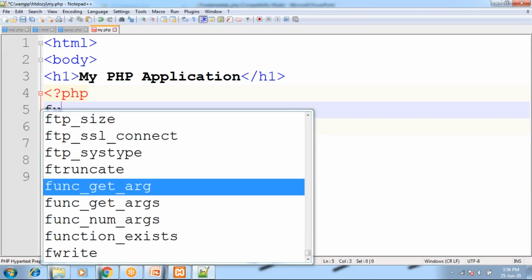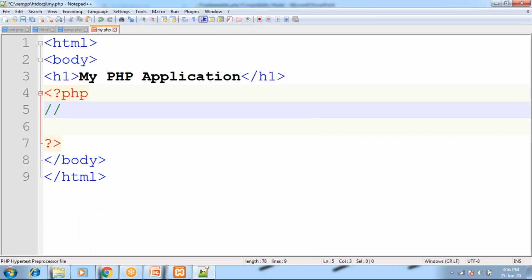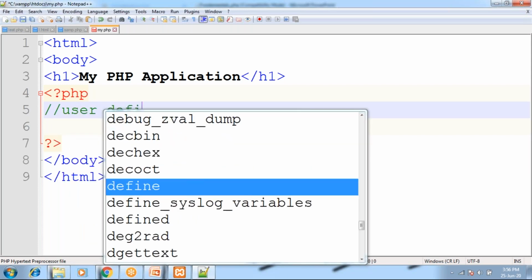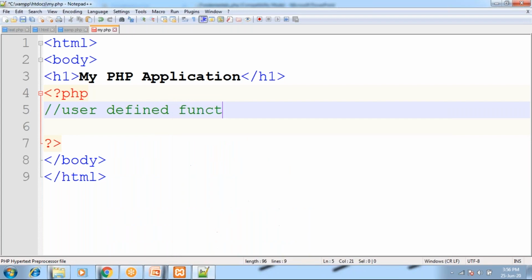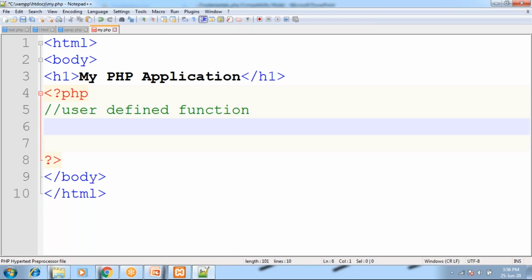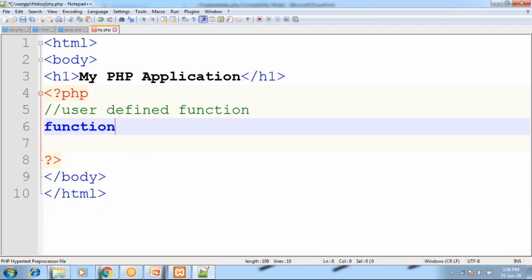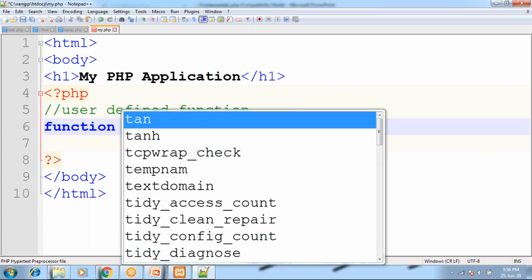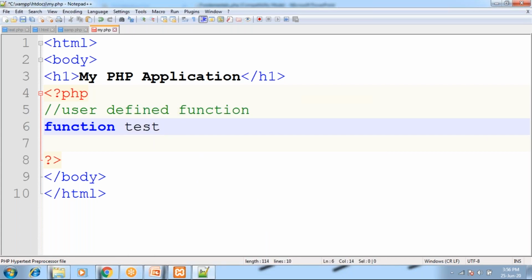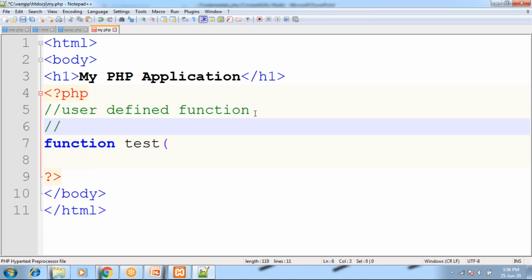Just I would like to go with a user-defined function here. How can we write a user-defined function? Your user-defined function starts with a keyword called function, and your function will have some name, that's your wish, and your function can have some parameters. You can write functions in 4 different ways, yes or no? You know that. Like a function can be